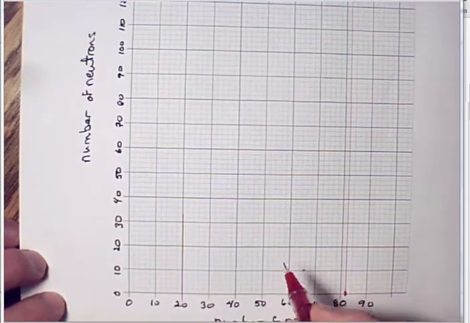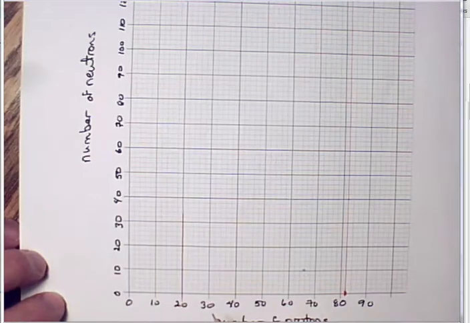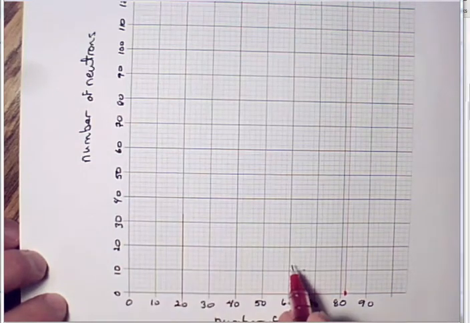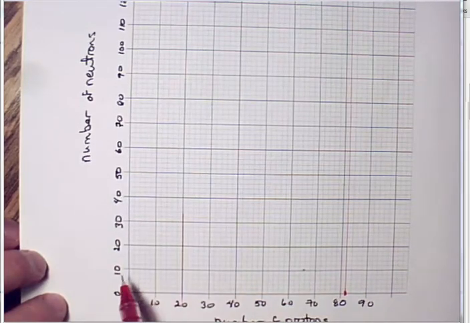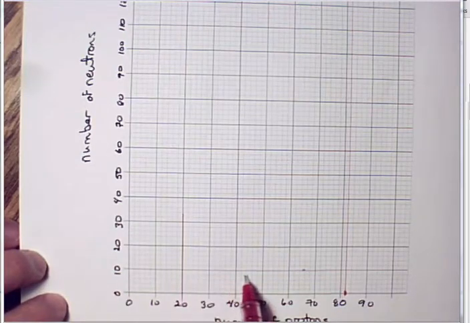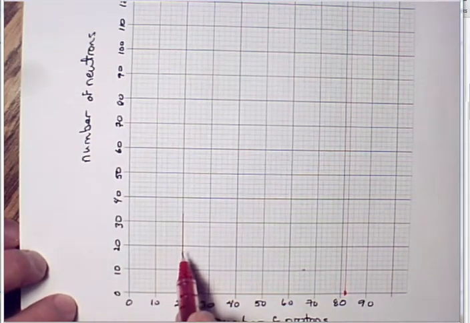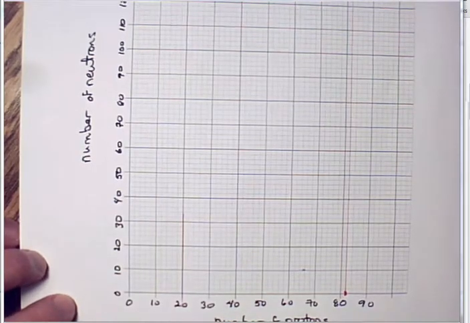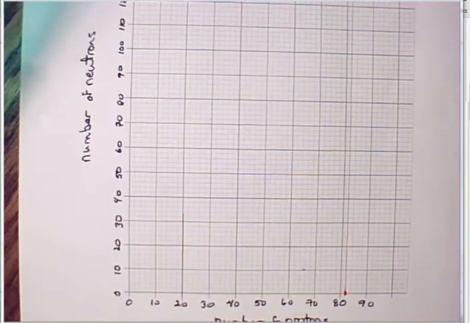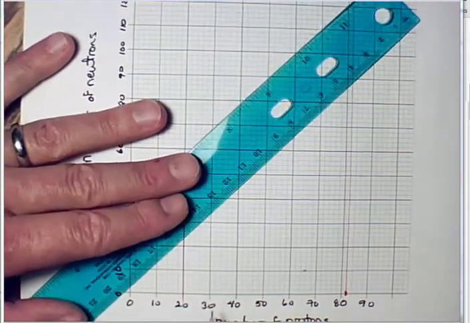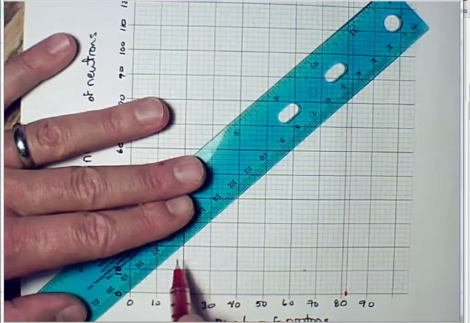If I said I want a line where x equals y, could you draw a line where x equals y? Like this? No, because x is going to be 10. Y also has to be 10 if x equals y. It should be straight like a steady diagonal. Okay, over 10, up 10. Over 10, up 10. All right, and that's the line that I want to have here. Over 10, x equals y, or protons equals neutrons. So over 10, up 10, over 10, up 10,